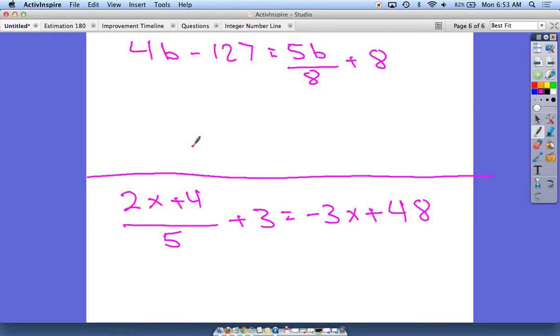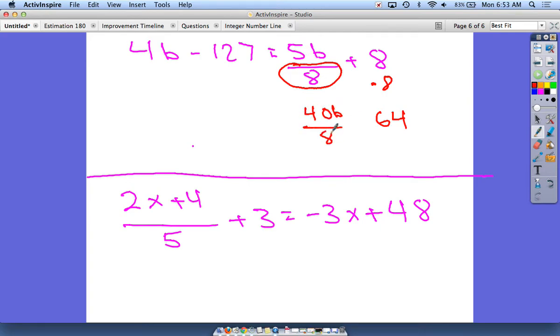Alright, we are back, and let's see how we did on these two problems to check and see if you know what you're doing at this point. So on this one right here, this is the division bar I need to get rid of. It's that 8. So I need to multiply everything by 8. So to do that, times 8 here would be 64. And if I go ahead and multiply this by 8, which I'm going to have to,